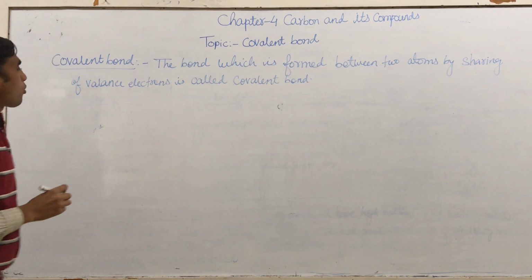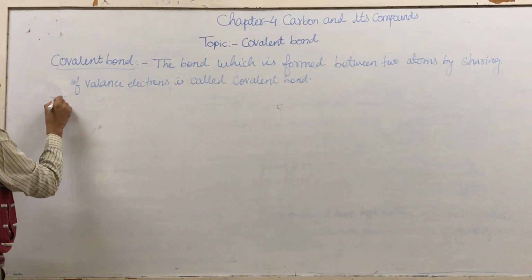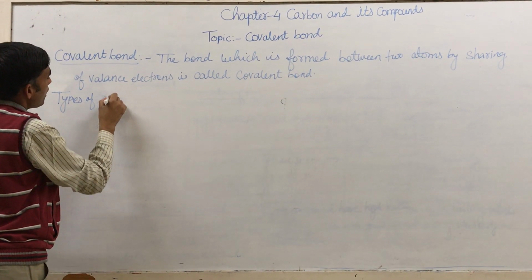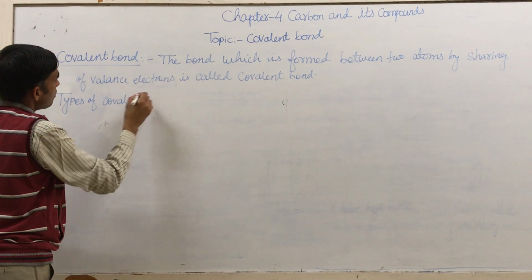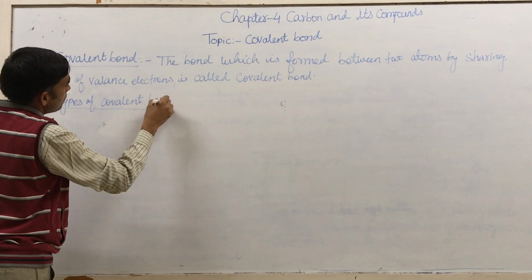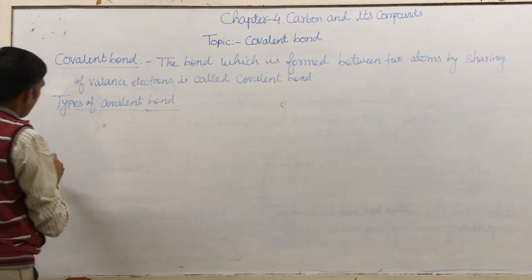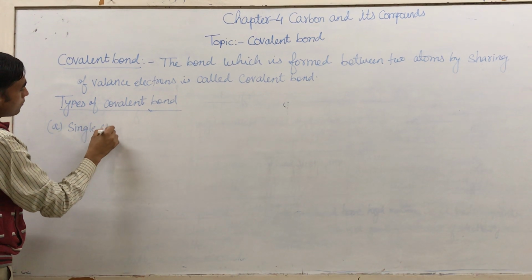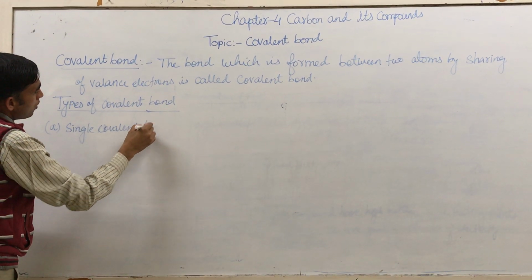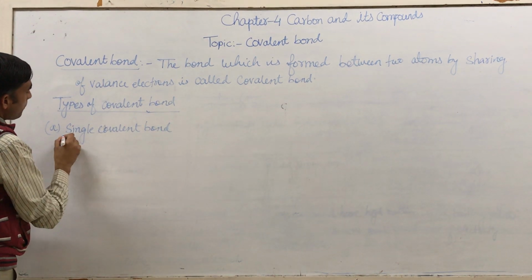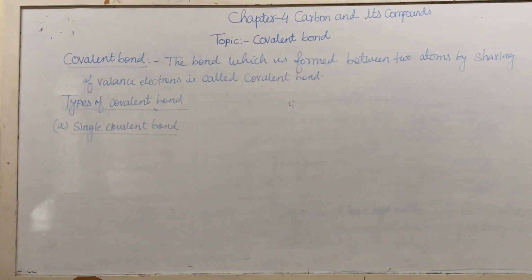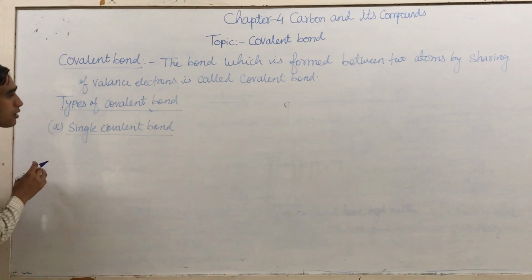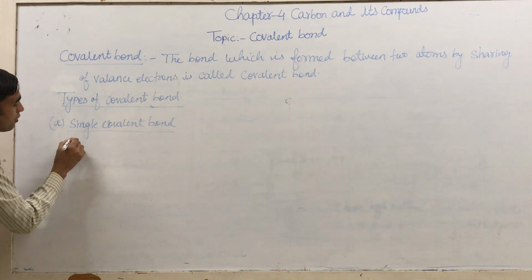Now we will see the types of covalent bond. Covalent bonds are of three types, which are as follows. Number one is single covalent bond. If there is a single bond between two atoms, then it is called a single covalent bond, and the example of such is the formation of